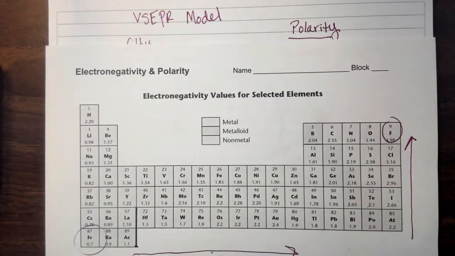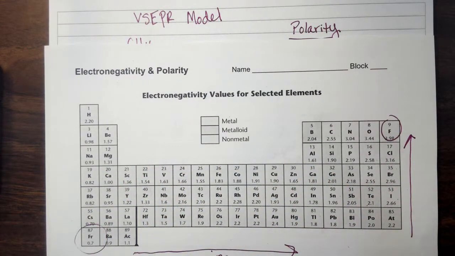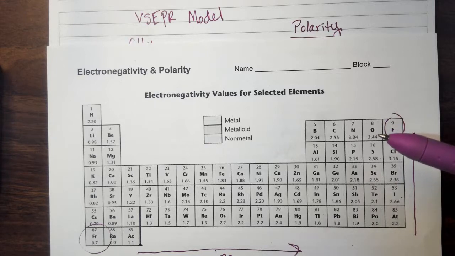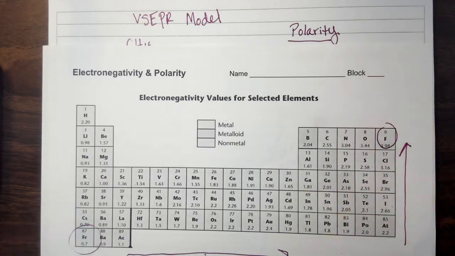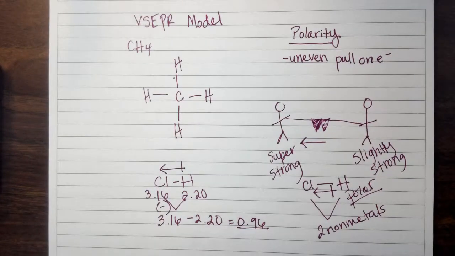Well, if we did not have these numbers on this periodic table, we just use what we know about electronegativity, which brings us back to periodic trends. As we move further to the right and further up the periodic table, we know that it becomes more electronegative or more ready to pull an electron. So when I'm considering those values, that helps me determine the overall polarity. So, thinking about tug of war,